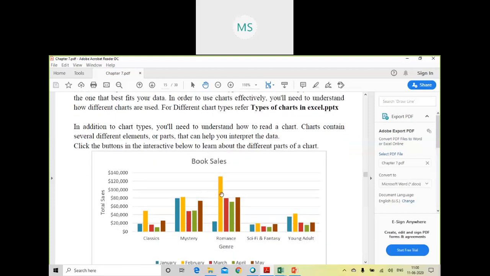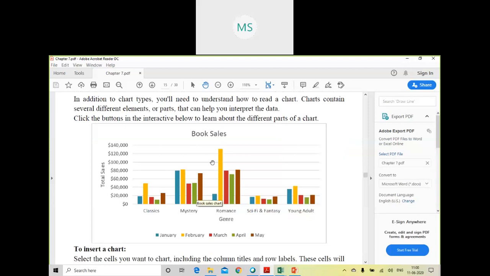As you can see, this is an example of a chart prepared for book sales, and there are bars of different colors, where each bar represents a specific type of information.